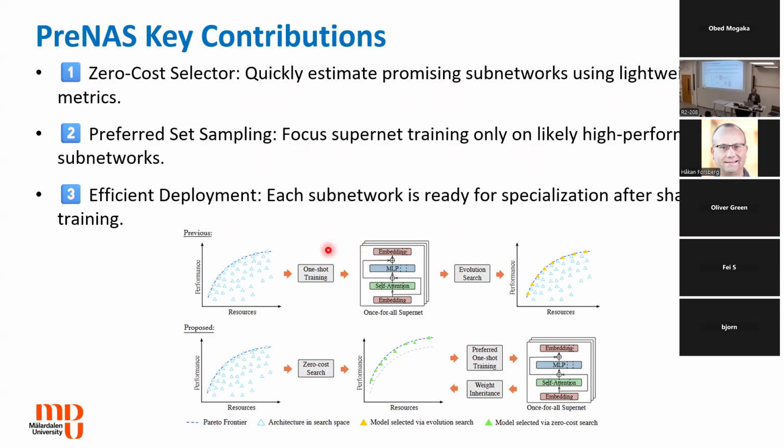And once the training takes place, each subnetwork is ready for specialization after shared training. If we are talking about this transformer, they also use this type of model in this case, Once for All. These are the resources and the performance, and these are different subnets. This is the surface for the subnets, and they select only the top subnets that would give you the best performance based on the resources. So they select only these subnets and train the supernet on them,